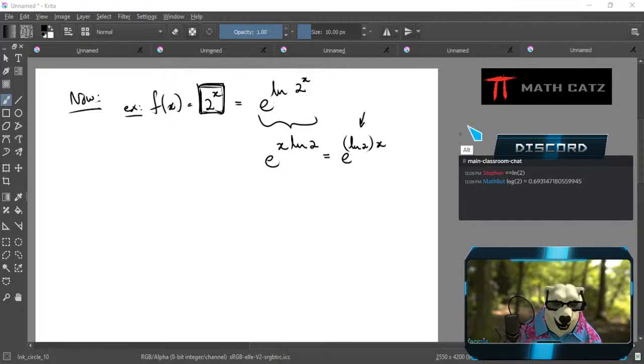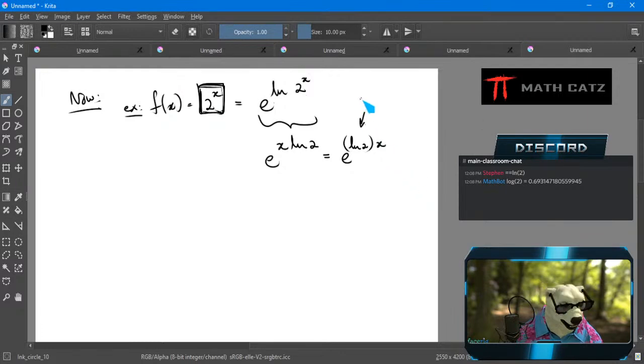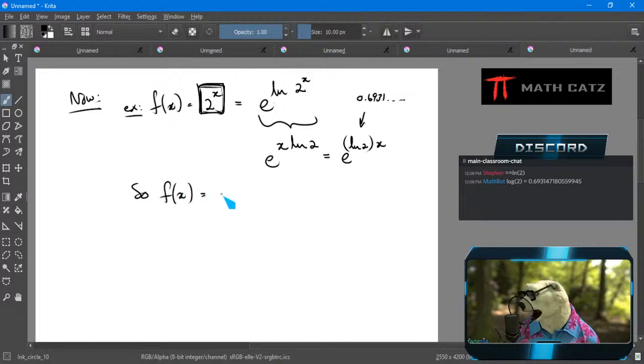I think I have already, but let's do it anyway. It is just a number. It's 0.6931 and so on and so on. Just a number. So that means that instead, I'm going to see my function as a natural exponential function of